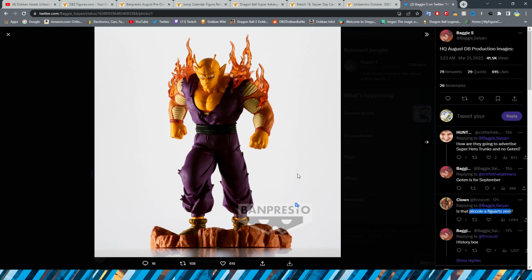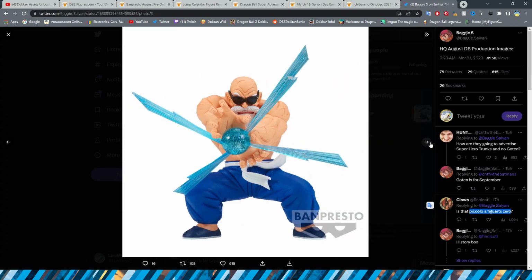Hopefully they'll make him a little bit bigger because he's Orange Piccolo, and it seems like all of these figure companies understand that they need to make this guy a little bit bigger than their normal figure, because obviously even regular Orange Piccolo is really big, not even considering the giant form that he takes in the movie. But holy cow, dude, this is so cool. I'm really excited for this guy. We actually have another image of him to take a look at in a minute here, but we also have